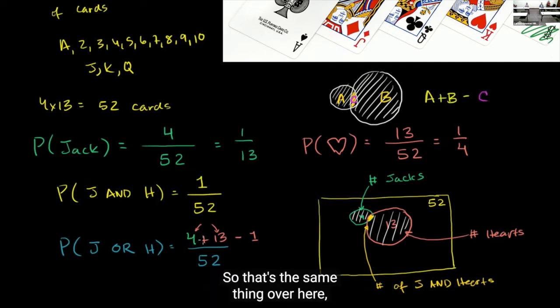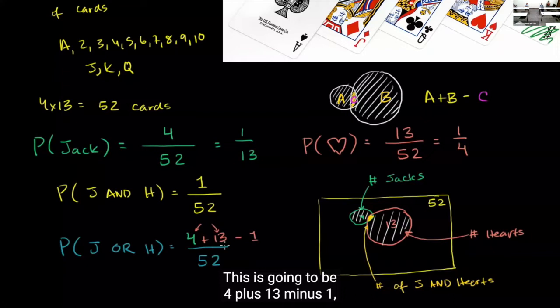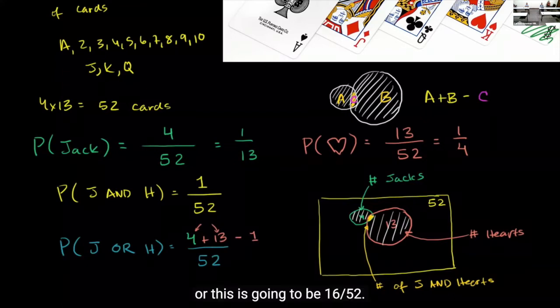So that's the same thing over here. We're counting all the jacks, and that includes the jack of hearts. We're counting all the hearts, and that includes the jack of hearts. So we counted the jack of hearts twice, but we have to subtract 1 out of that. So it's going to be 4 plus 13 minus 1, or this is going to be